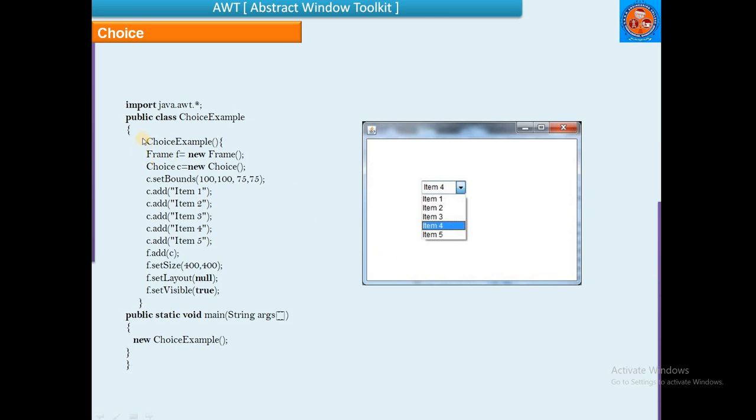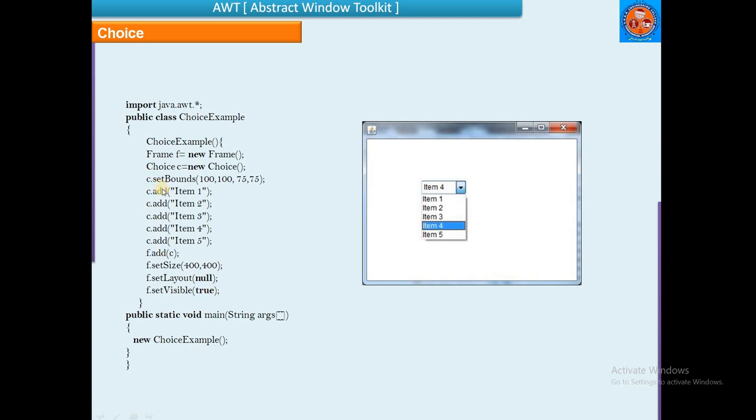As in previous examples, here also we need to create the frame first. After creation of the frame, we create a choice: Choice c = new Choice, and then define the boundaries for the choice. Add the items to the choice: item 1, item 2, item 3, item 4, item 5. After successful creation of the choice, we add it to the frame: f.add(c), define the boundaries for the frame, define the layout, define the set width.